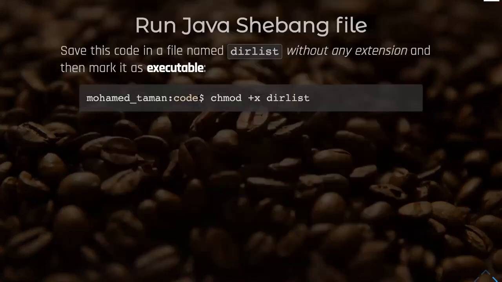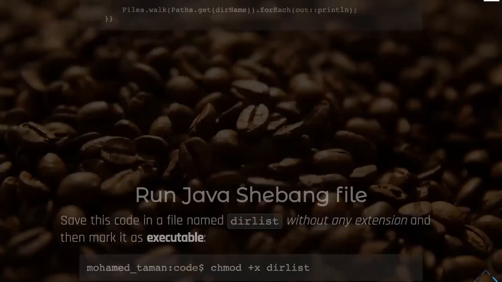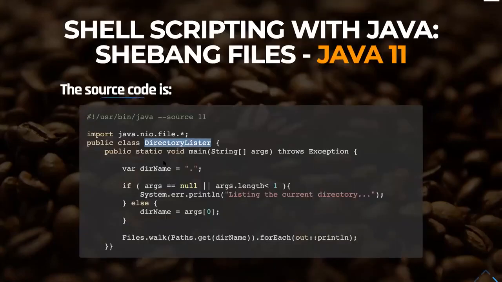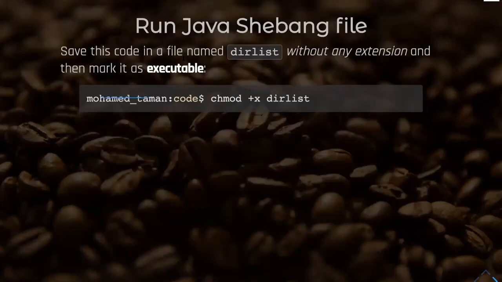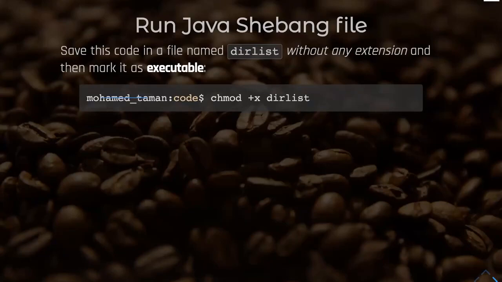Then you just make it executable. It doesn't show the name here. It's DirectoryLister, and I named the file as directory list. But in Java, we should name the source code file the same as the class name. When using a single source file, it doesn't matter because it's compiled in memory, so it doesn't look for the file name.